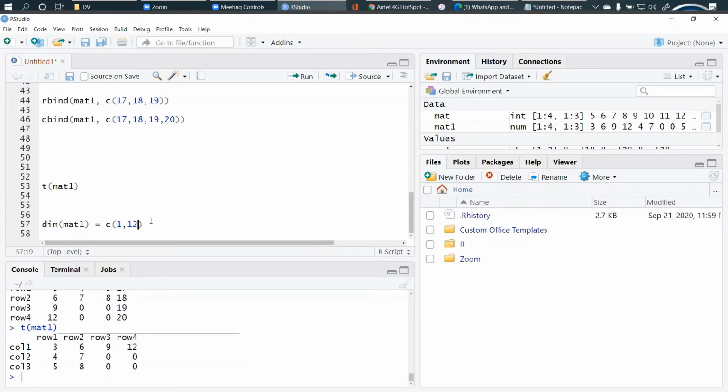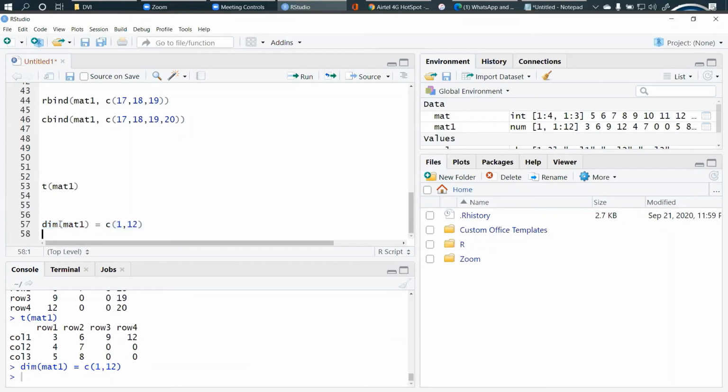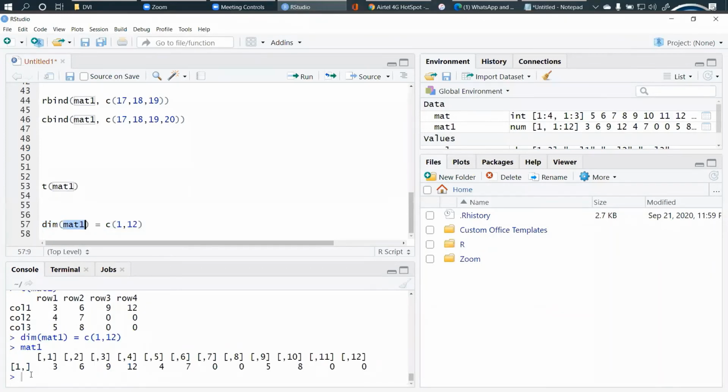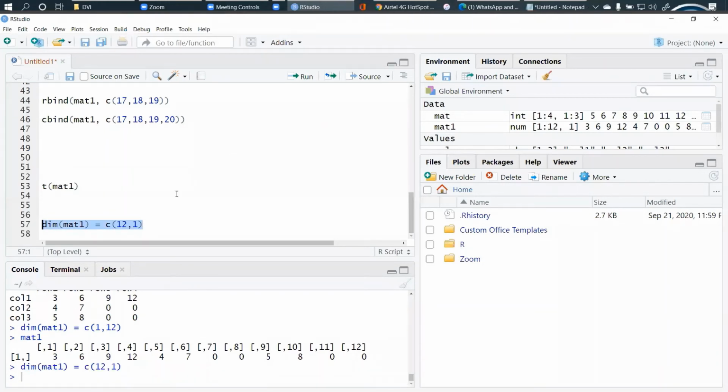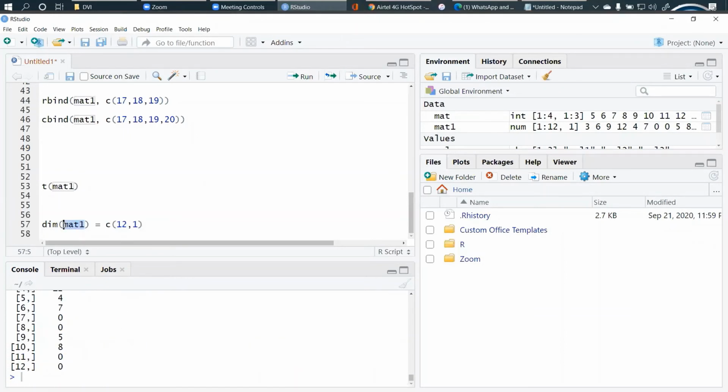Right, so this will change my dimensions. We'll see the matrix. See here, 1 by 12. Similarly, you can go for the opposite one also. I want 12 rows and only 1 column. You can take any grid and change the dimensions.